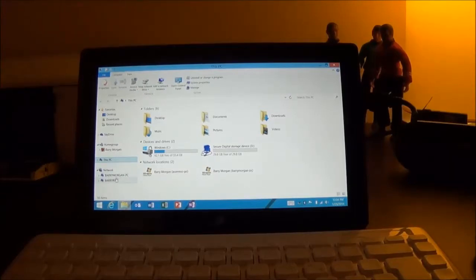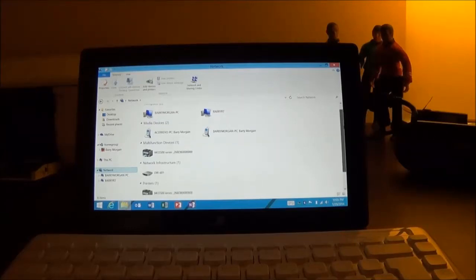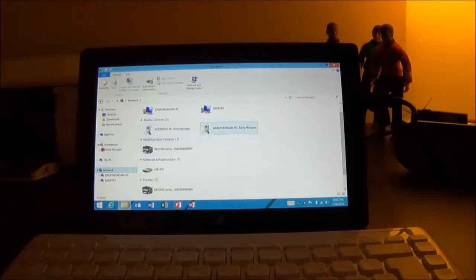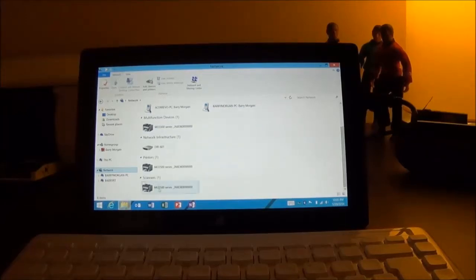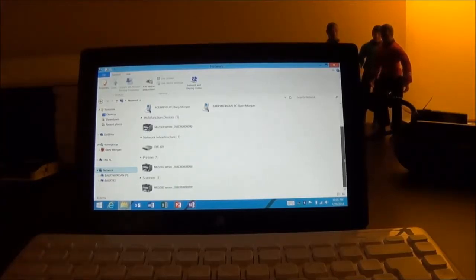Now, I'm on the network, so I have access to my other PCs. But just to show you, I have access to both my PCs, the one that's in the bedroom and the one that's in the living room. I also have access to my printers and my scanner, which happen to work very well within RT. So you can cover any of your needs in terms of printing, scanning,